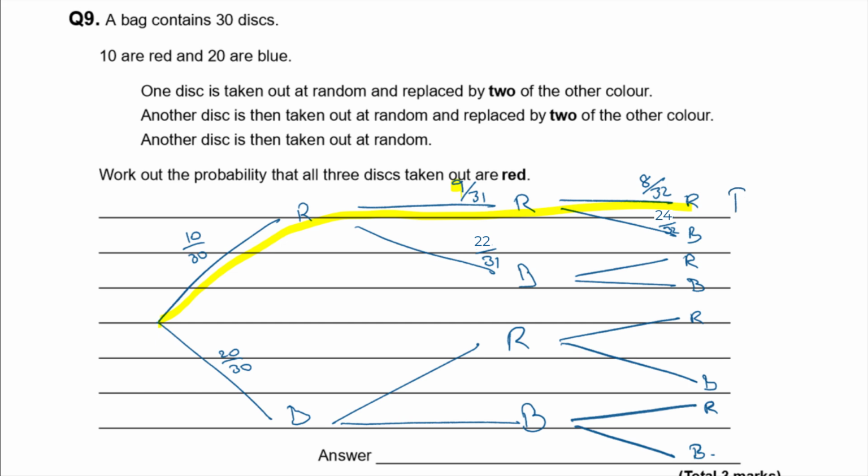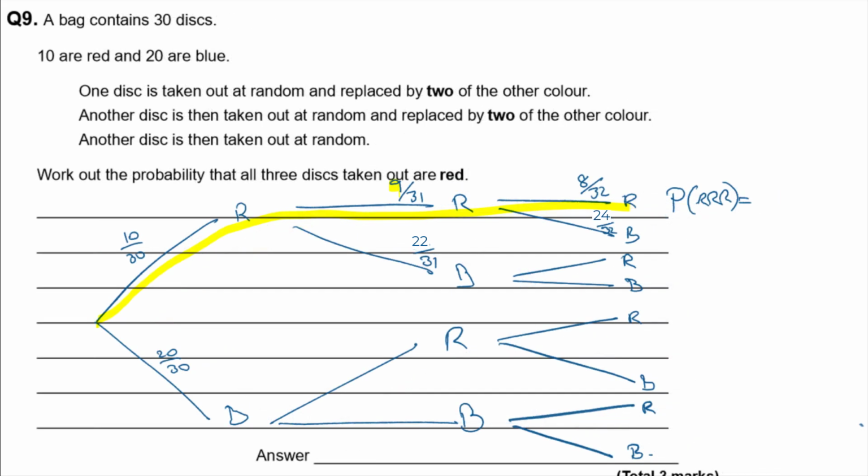Right, so then the probability of red, red, red is going to be, running out of space, let's budge this over a sec. So red, red, red is going to be 10/30ths times 9/31ths times 8 over 32. And what is that then? Well, 10 times 9 times 8, that's 720, over 30 times 31 times 32,